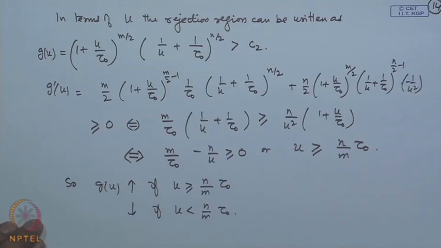But what is tau naught? That is sigma (y_j minus y bar) whole square divided by sigma (x_i minus x bar) whole square. So, the condition lambda x y less than c is then equivalent to u greater than or equal to n by (m tau naught),